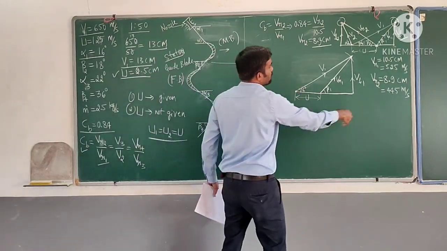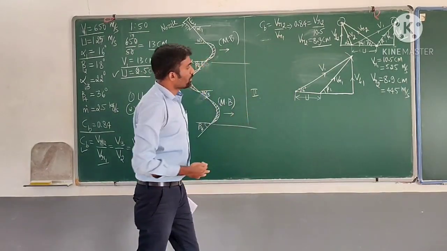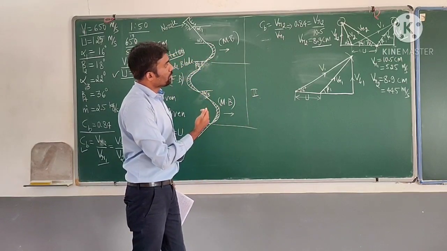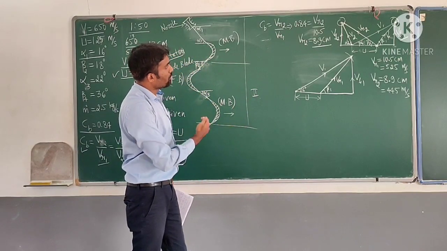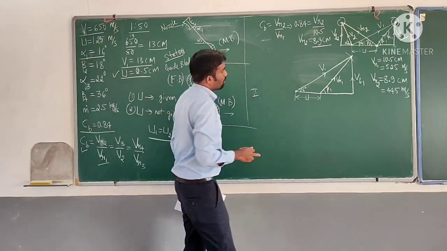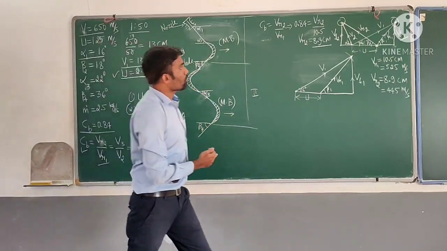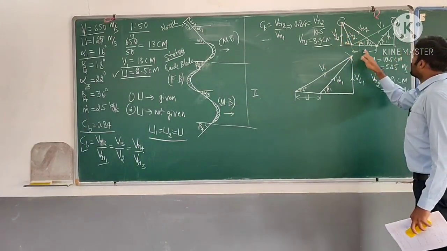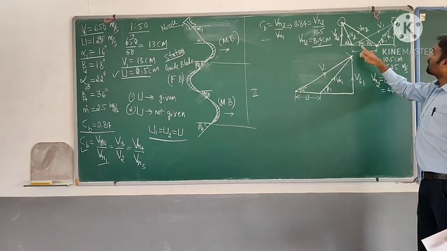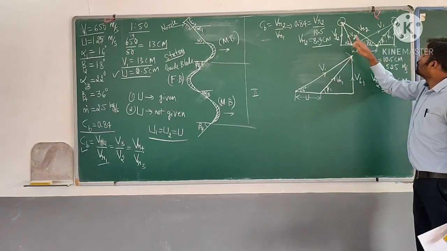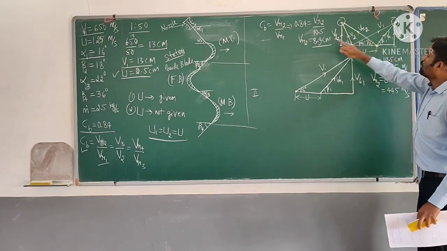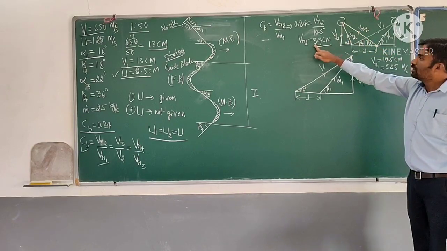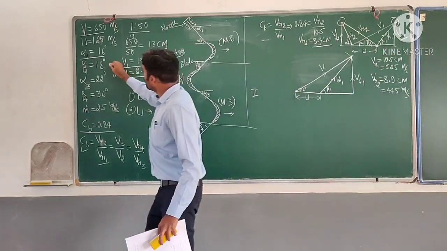This is how we get the first inlet part of the velocity triangle. In order to get the outlet part of the velocity triangle, I have to check what is the data available with me. So I am referring to this part. Here I know the value of VR2. So this is VR2. I know this length. The length is 8.9 centimeters. So do I know any other parameter? Yes, we know a parameter.